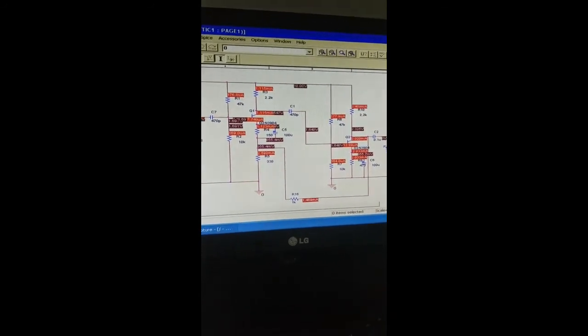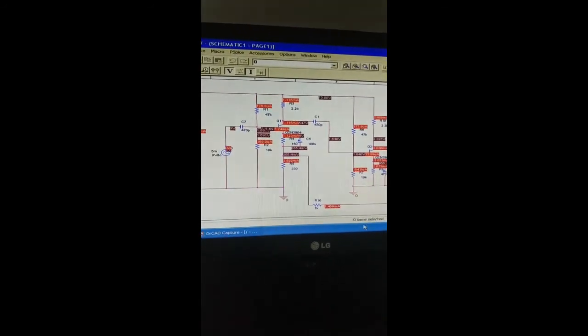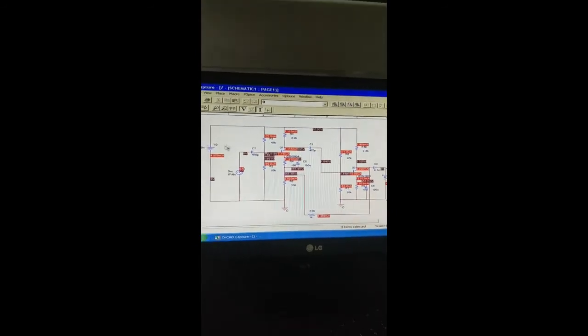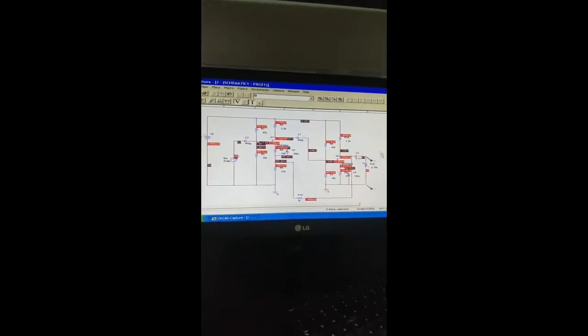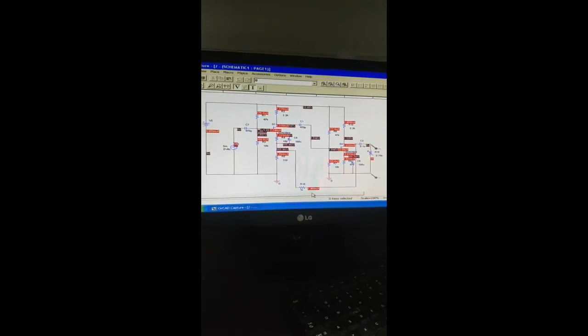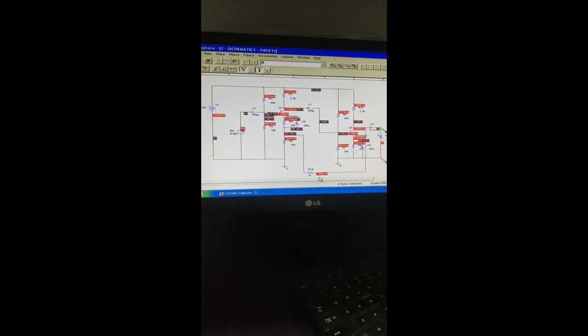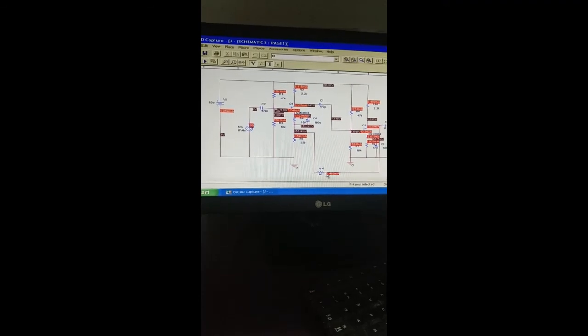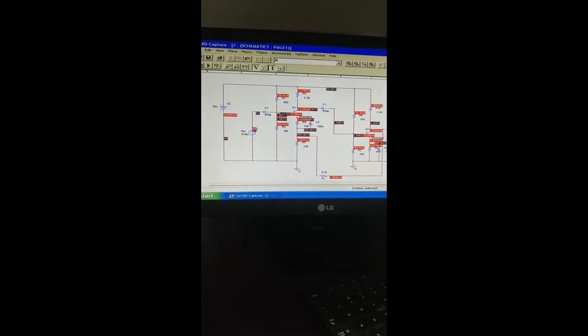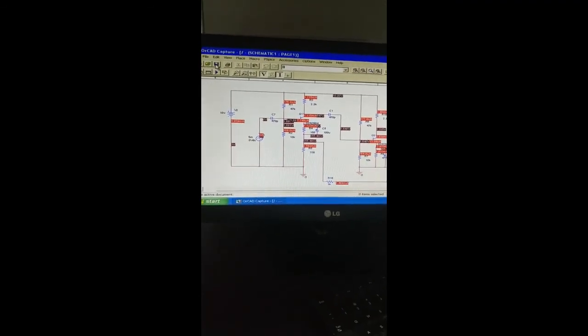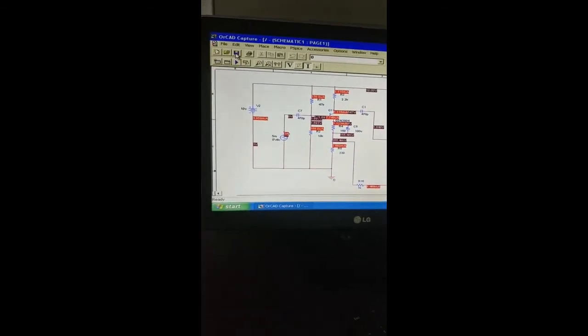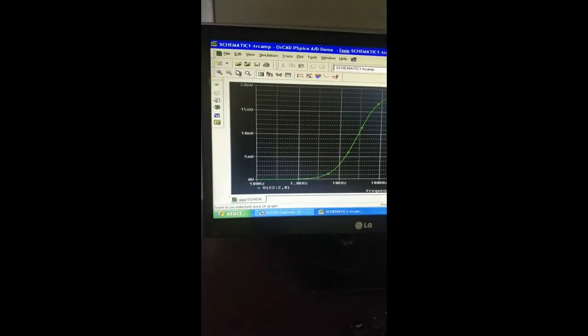We will observe the effects of this voltage series feedback connection on the gain frequency response, and then similarly we will find input and output impedance for the two-stage RC coupled amplifier with voltage series feedback. So after making the connection, let us just save it and then run PSpice.